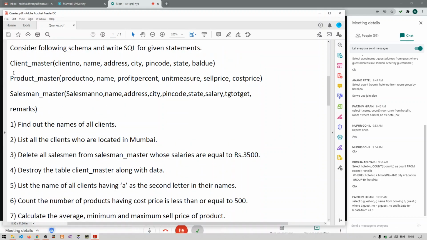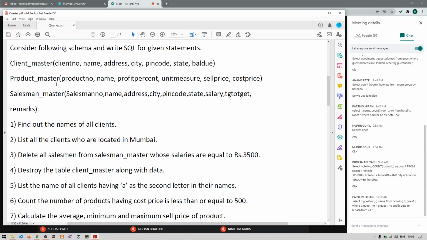Consider these are the following tables that you have. Give me the answer of this. Find out the name of all clients.